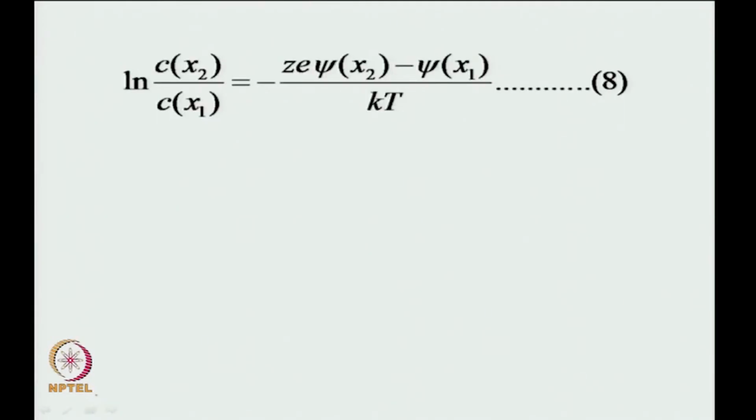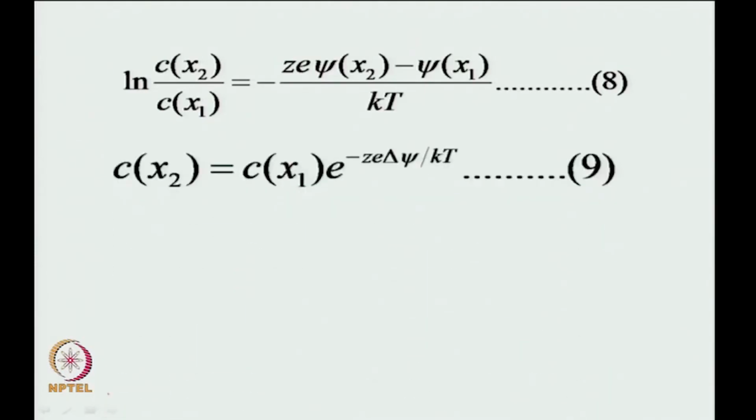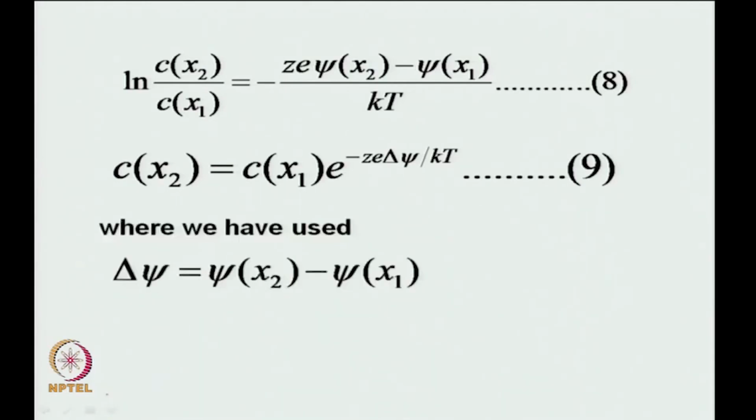This is how you can simplify it further, and having simplified it, what you write is the concentration at x2 is given by the concentration at x1 times e to the power minus z times e del psi over kT, where del psi is essentially what? Your potential difference or your potential gradient. Okay. And C x 1 and C x 2 are the concentrations at the two borders. So, here we have used del psi is equal to psi x 2 minus psi x 1, that is we have done,